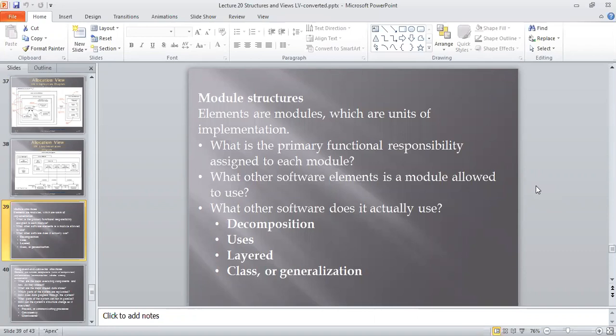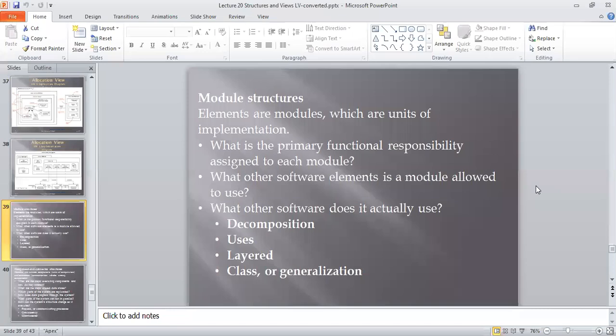Student attendance monitoring and faculty attendance monitoring are not interrelated components, but the basic system behind them, used as an attendance system, has two modules: first the faculty module and then the student module. We have to check whether they impact each other or not. So the second question is whether another software element or module is allowed to use it or not.